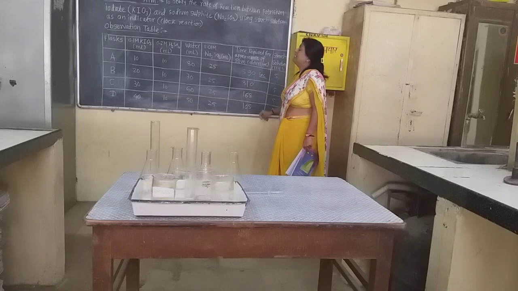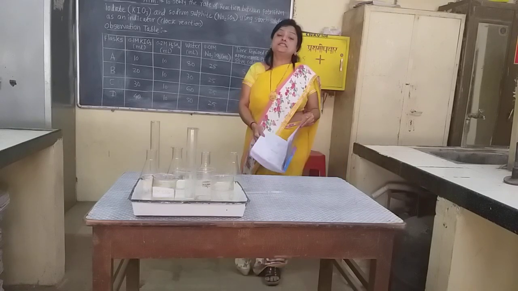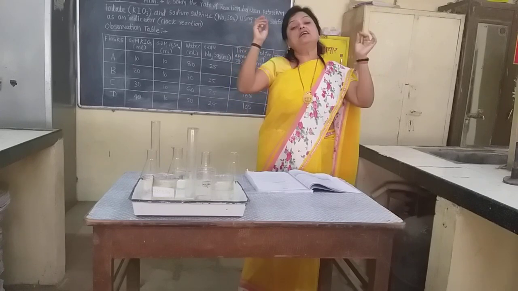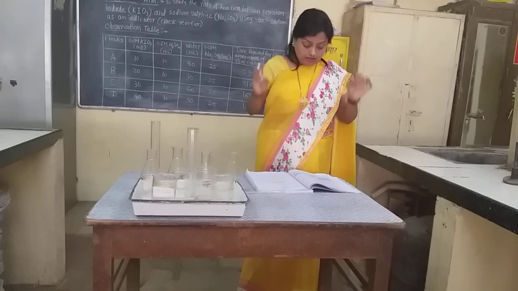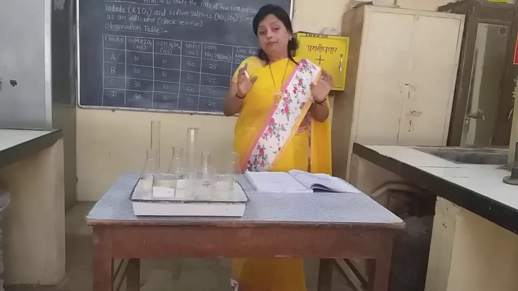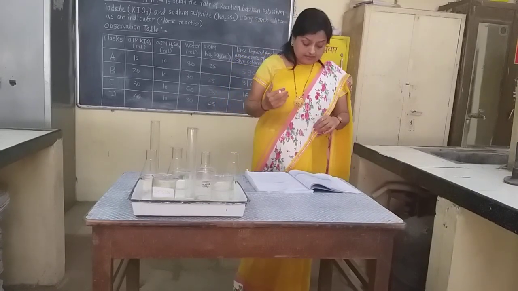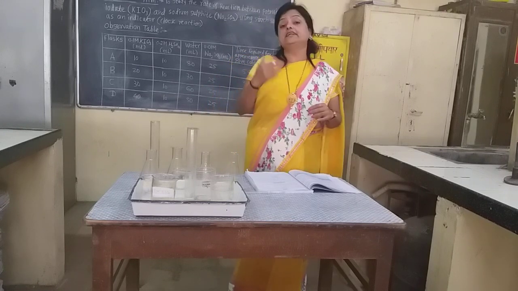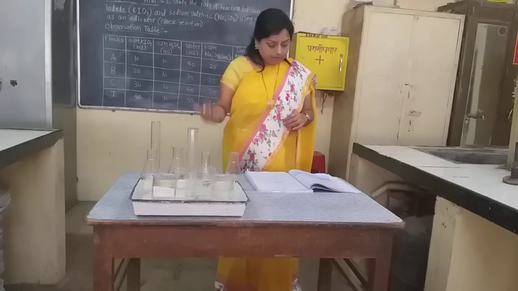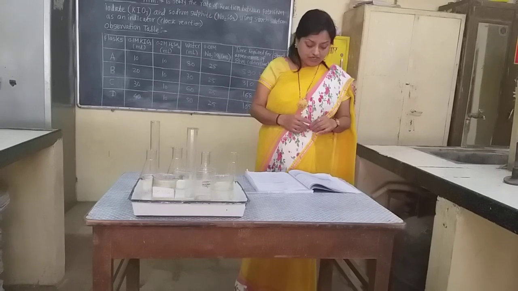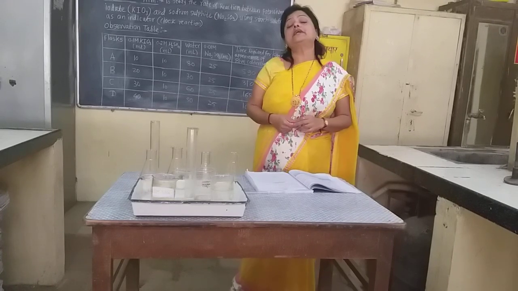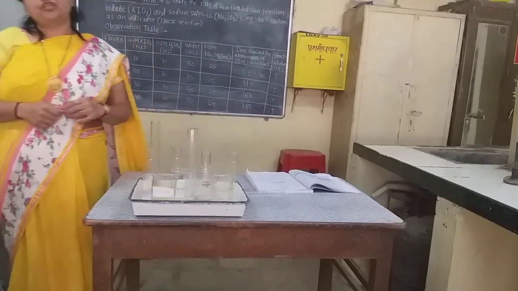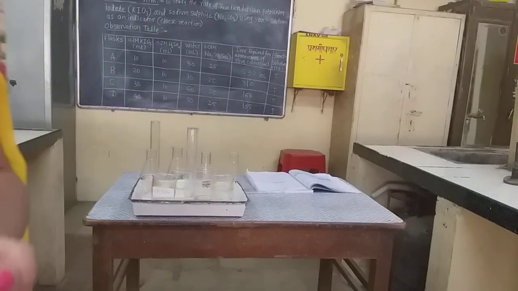And this shows that the rate of this reaction increases, that is, there is a decrease in time to obtain the blue color. As we increase the concentration of KIO3, there is a decrease in the time for the appearance of the blue color. Therefore the rate of the reaction increases as the concentration of KIO3 increases. Now this is the result.